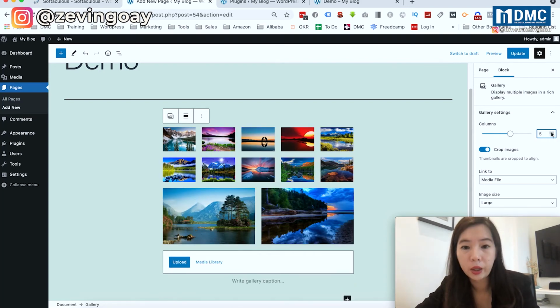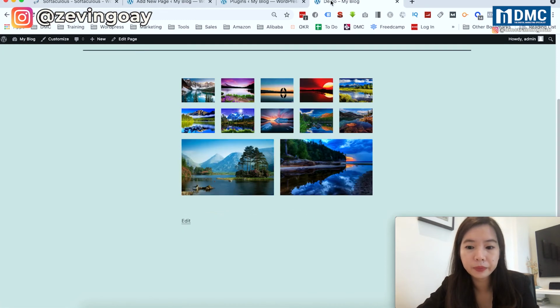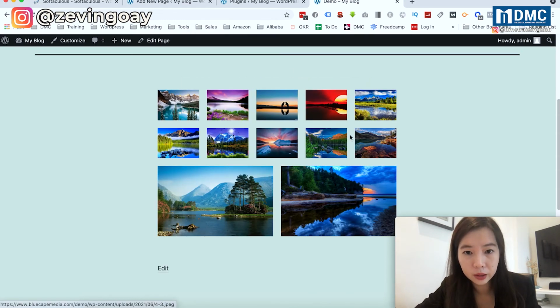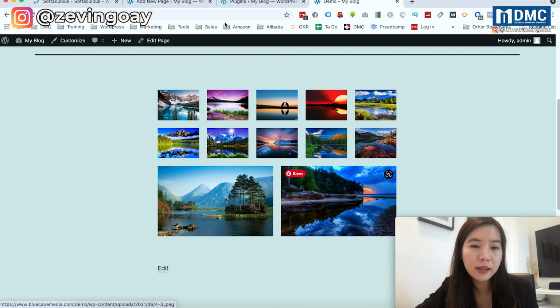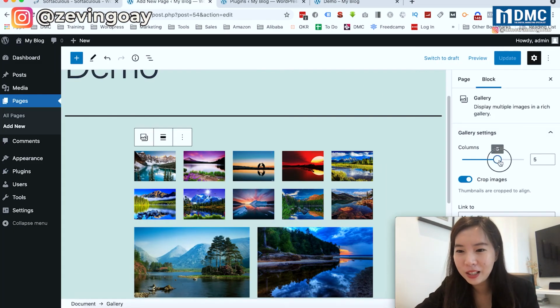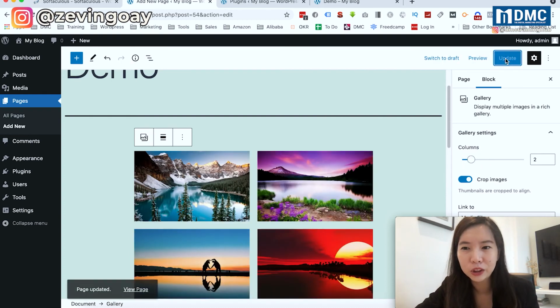Because I only have 12 images, over right here the last 2 images will actually be slightly bigger, just to ensure that it fits the whole row. So maybe I will go with 5 and let's see. I'm going to refresh my website. All right, so this is how it looks. These two are quite big, but the other ones over right here are a little bit too small. So maybe let me try column 3, just like we had just now. Let me just do column 2